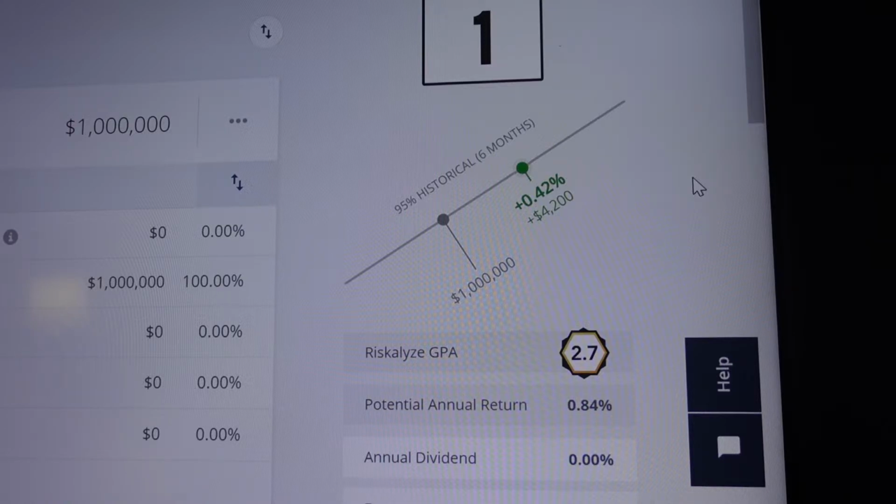But the return you're going to get is pretty much nothing. So I think this is probably being pretty optimistic, saying that you have a 95% chance to fall somewhere between 0 and 0.42% in return. I think we'd all be decently happy to get 0.42% on our cash, but that right there proves you can't just have your $1 million retirement, or not many people can afford to just have their $1 million retirement earning $4,200 over the course of 6 months. It's just not going to get it done.